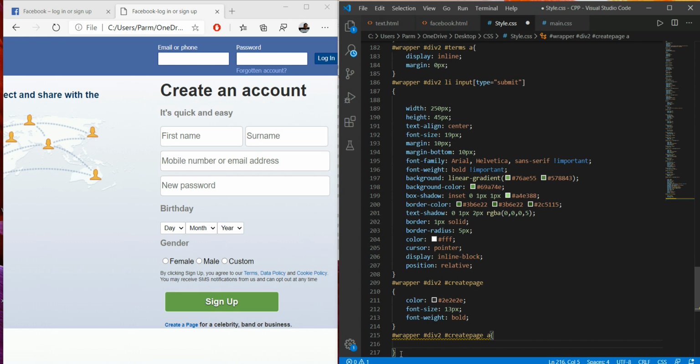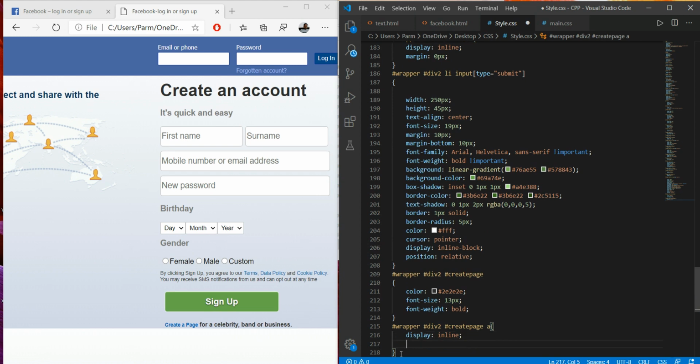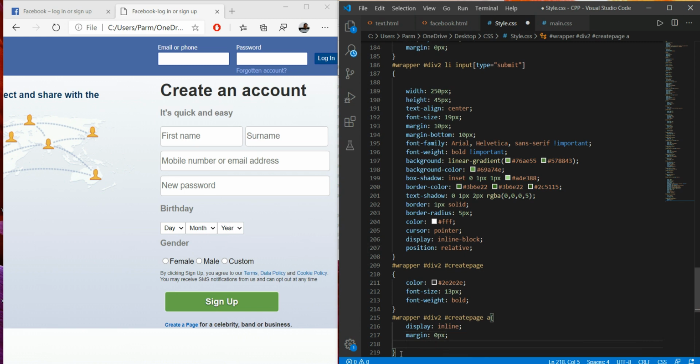So for this I just wanted to make its display inline, means according to the other lines. Then margin I have to set over here, 0 pixel. Then here I have to set font size equal to the rest of the line, that is font size of 13 pixel. So here we go, save this, and here we refresh this.